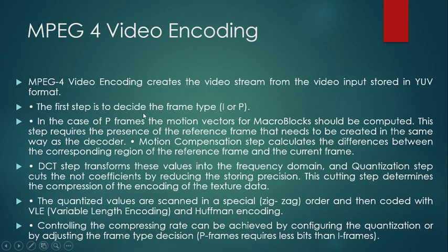So in the first step, we have to decide the type of frame, whether I frame or P frame. Since it is a simple profile, we have not considered the B frame. So same procedure. In the case of a P frame, we have to estimate the motion vector, then do motion compensation, and further do DCT, variable length encoding, Huffman encoding. All those things are the same as in the initial compression. Again, we can use a buffer for adjusting the bit rate.